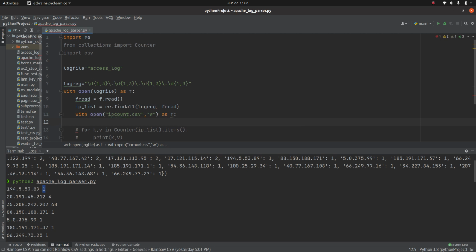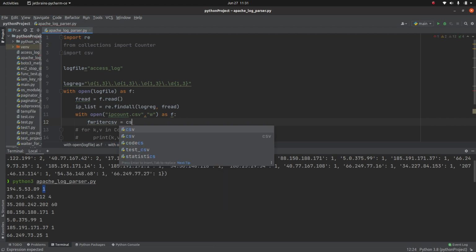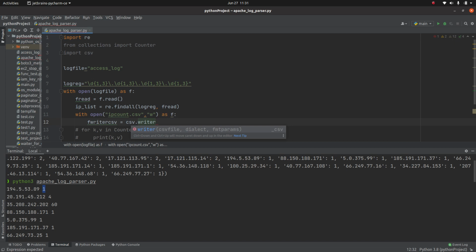But this time I'm using csv.writer. fwriter, it means I can use any variable, is equal to csv.writer, and pass the file handle. So basically I'm using the CSV module to write to this file.